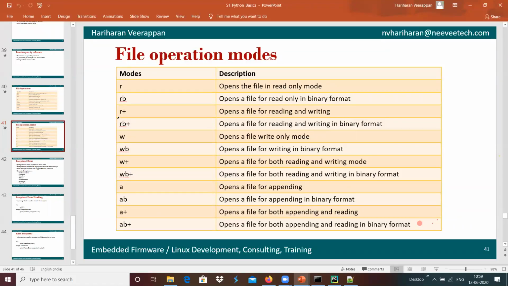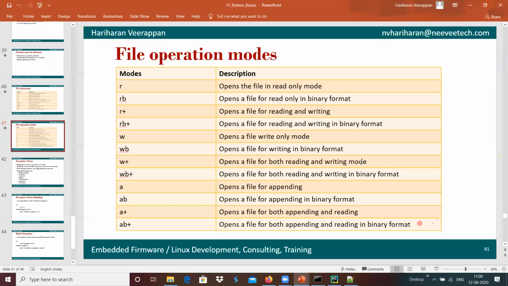For example, we have R plus, which opens a file for reading and writing, and we have W plus, which opens a file for both reading and writing. The difference between R plus and W plus is that R plus needs the file to be present before we call that function.